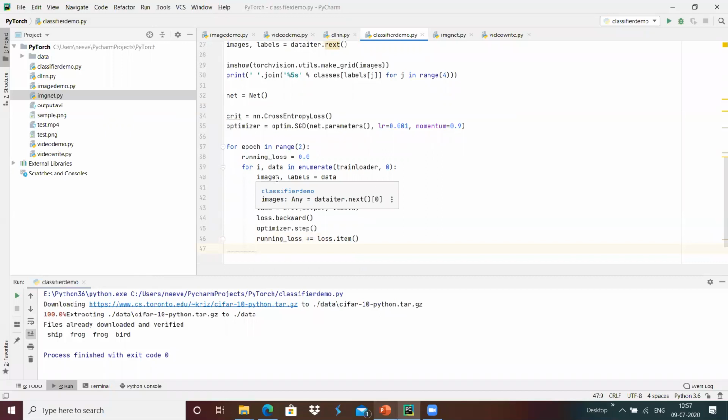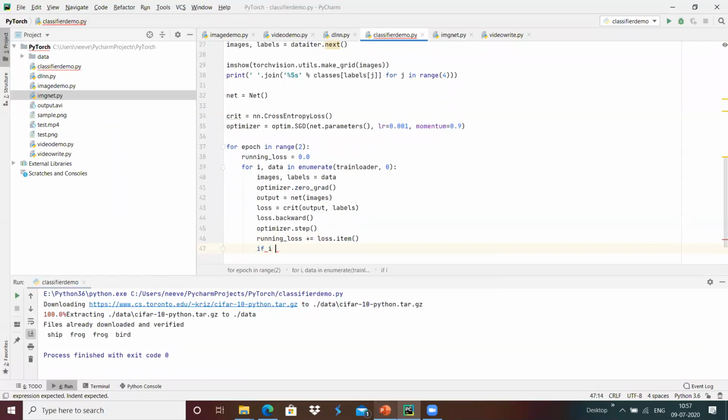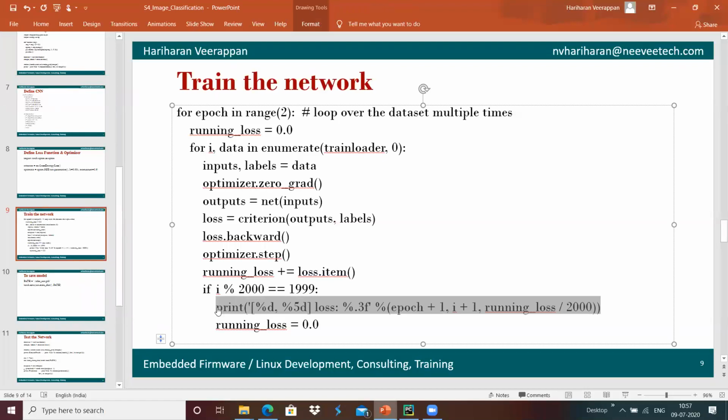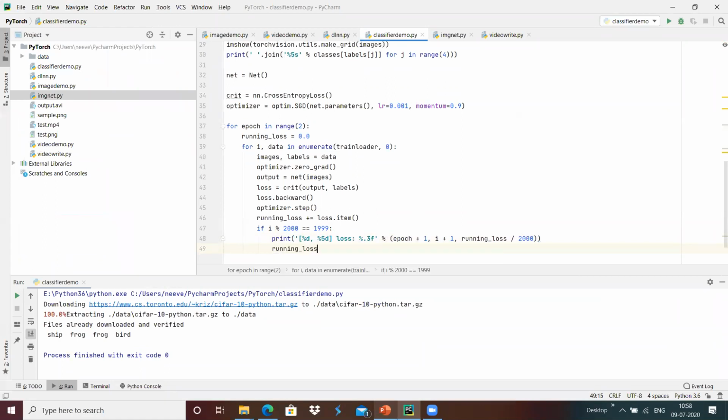I will be continuously incremented 0, 1, 2, 3 like that, and we check if i mod 2000 equals 1999, which means that every 2000 images have been processed, we show the loss information and reinitialize the running loss to 0 again.